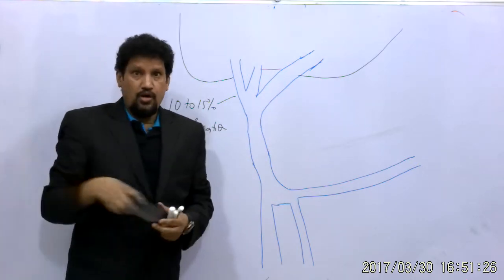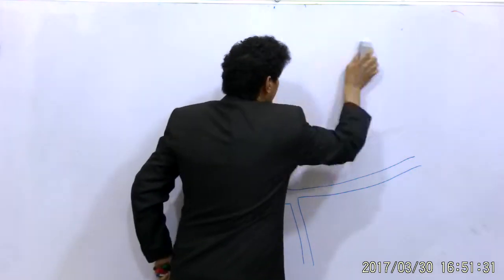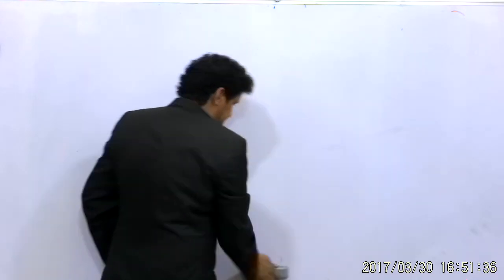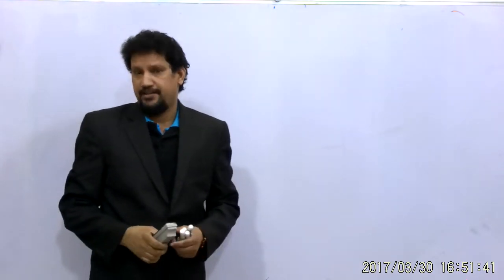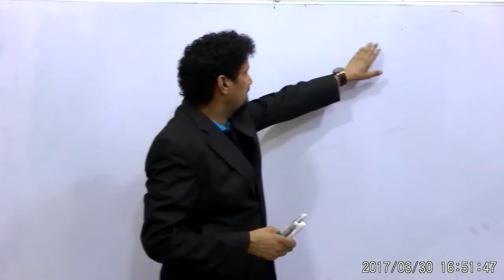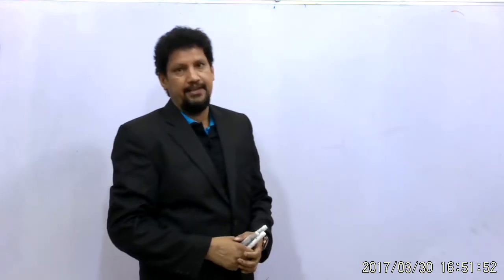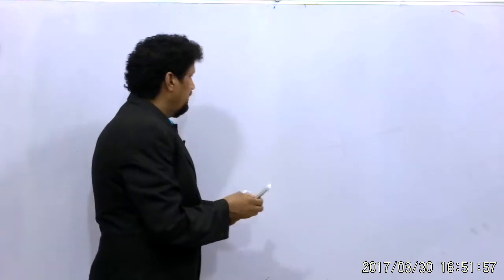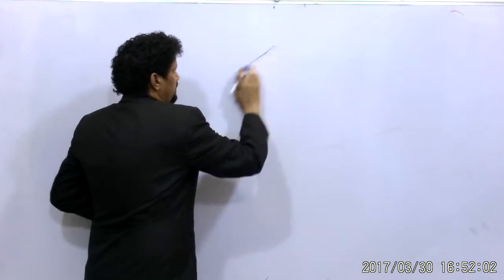Now, the course of the portal vein inside the liver is very interesting. Why is it interesting? Because the liver is supplied by venous blood as well as arterial blood, and it also has some cells which are forming the bile. It is having the hepatic sinusoids and it is having the biliary canaliculi. What happens inside the liver? This is a typical hepatocyte.